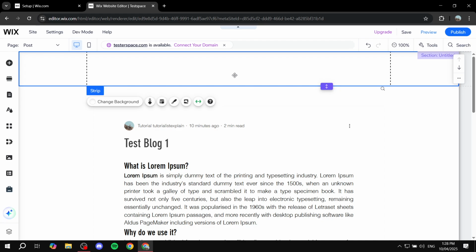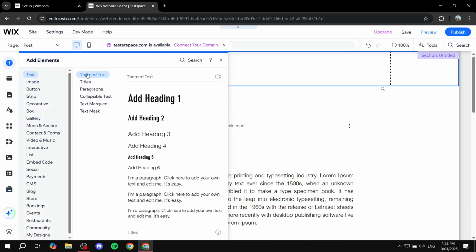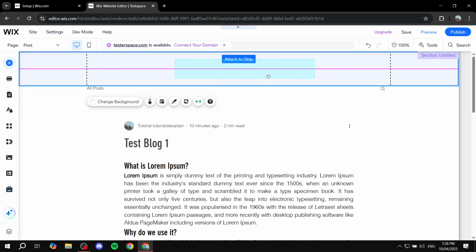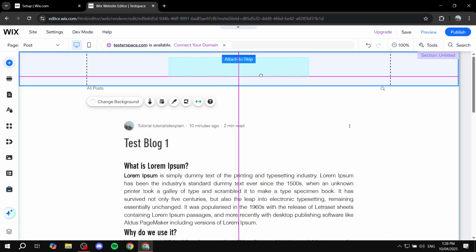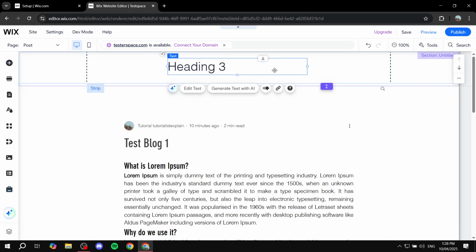So we can start by adding some text, for example. Doing so is very simple. You just want to click on add elements from the top left corner, then go to text and add whichever type of text you want to go for. So let's add heading 3 and make sure it says attach to strip like you see on mine. Once you do this, we can try to increase the size for it like so,